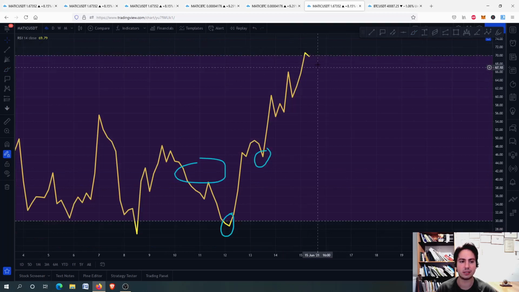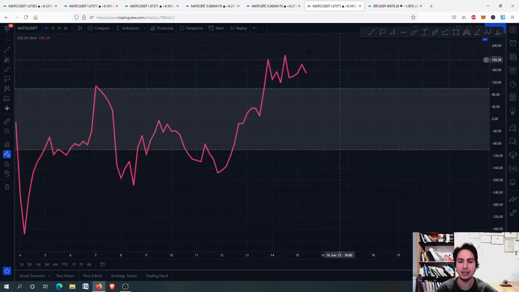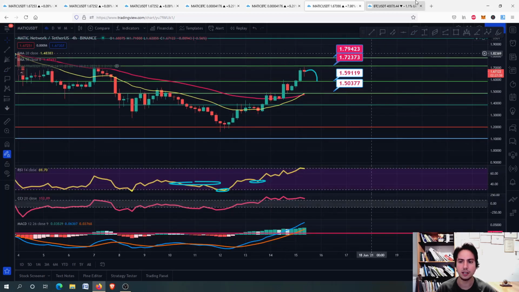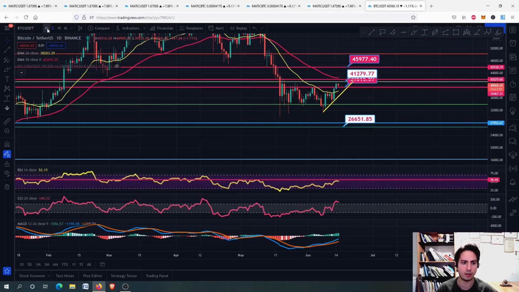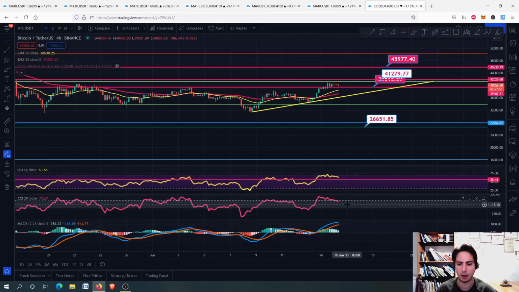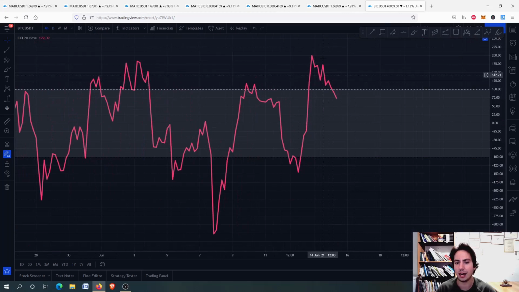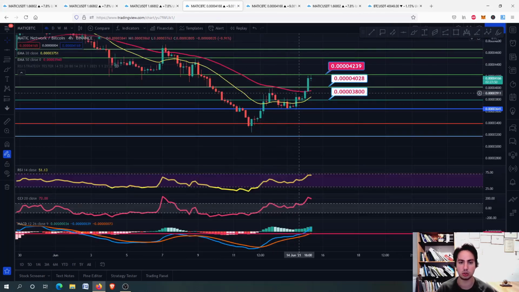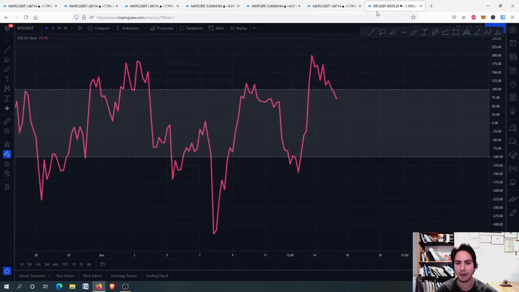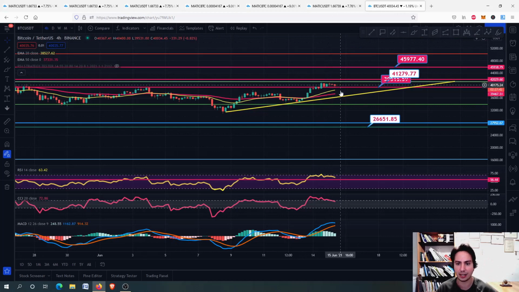First of all, the RSI, guys, is above the 70. We are in an overbought situation here. We are also on the Bitcoin. If I go to the 4-hour frame, let's see where are we. Now we have gone a little bit downwards. It's okay. MATIC against Bitcoin, guys, is moving outwards. It is outperforming Bitcoin. That's why you can see we don't go down as much as Bitcoin does, right?